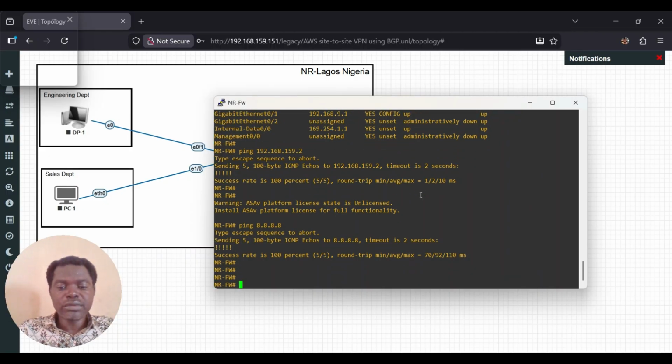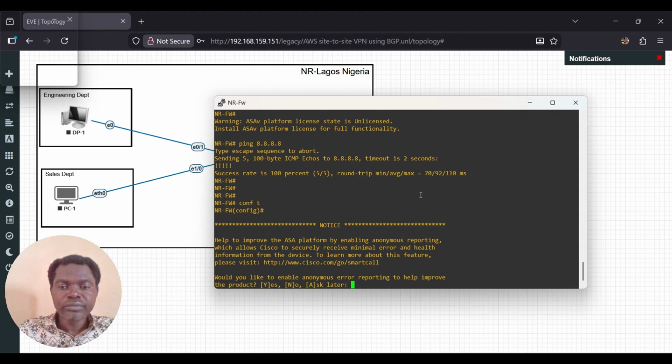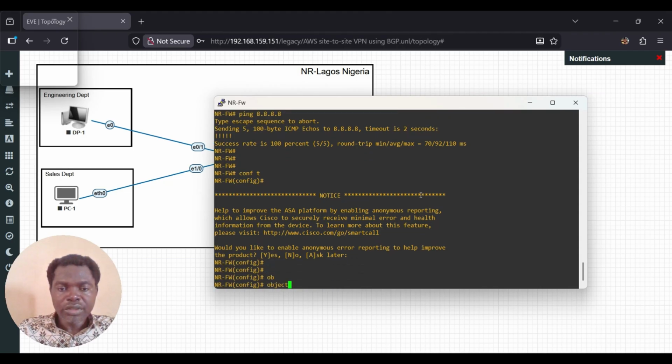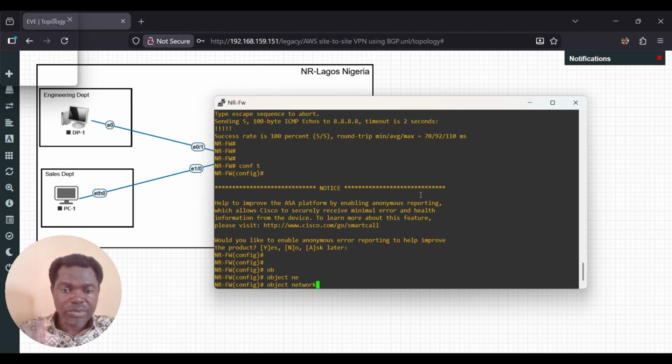So come to the firewall. Objects, network. Object network, let me say sales. I want my sales to be able to go to the internet. Sales, I should show management first. Management.